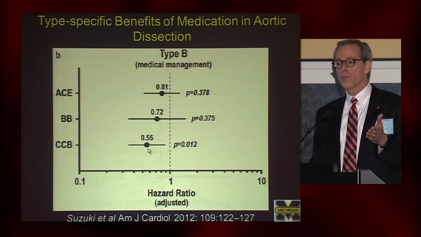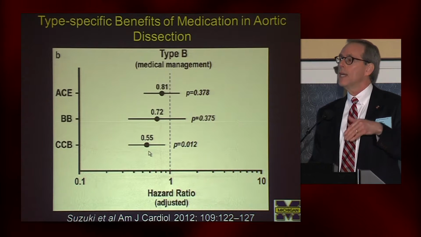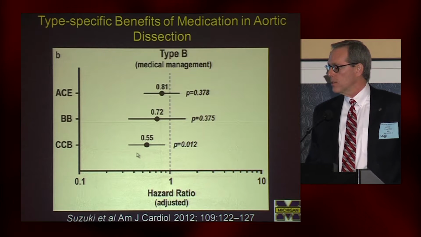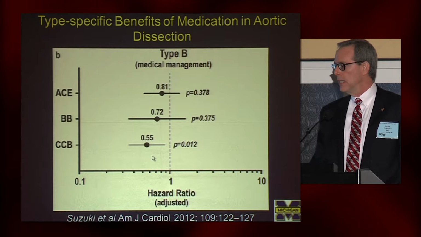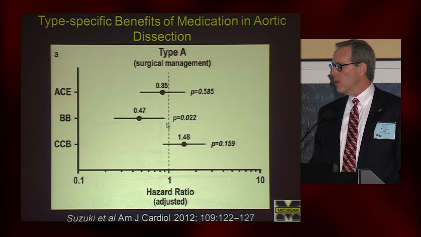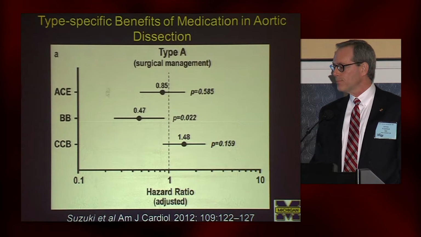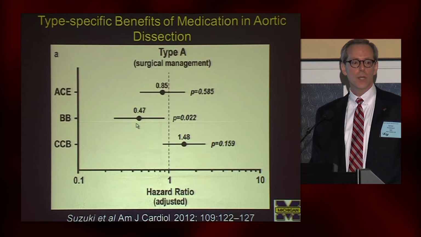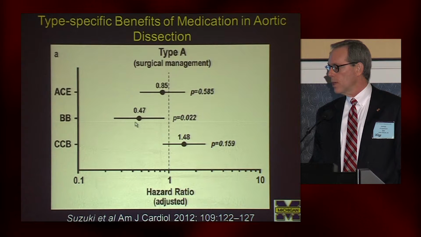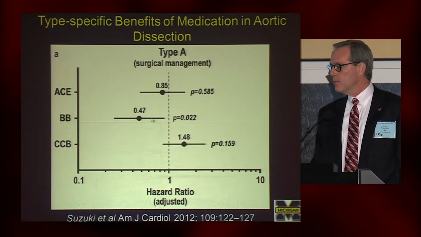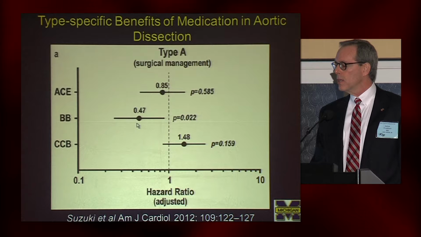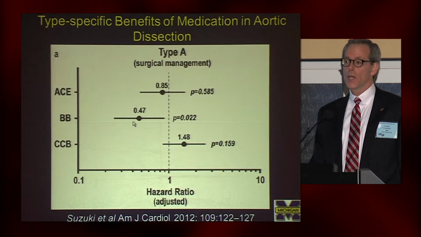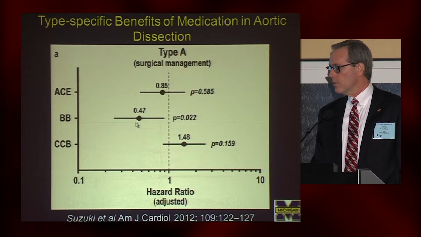Calcium channel blockers were the only drug that was actually associated with a significantly decreased mortality after hospital discharge in type B aortic dissection. And this stands in contrast to our data for the type As, where beta blockers are significantly protective long-term in survivors after they go home from a type A dissection. The confidence intervals are wide here only because almost everybody gets a beta blocker, and we actually had a small comparison group.